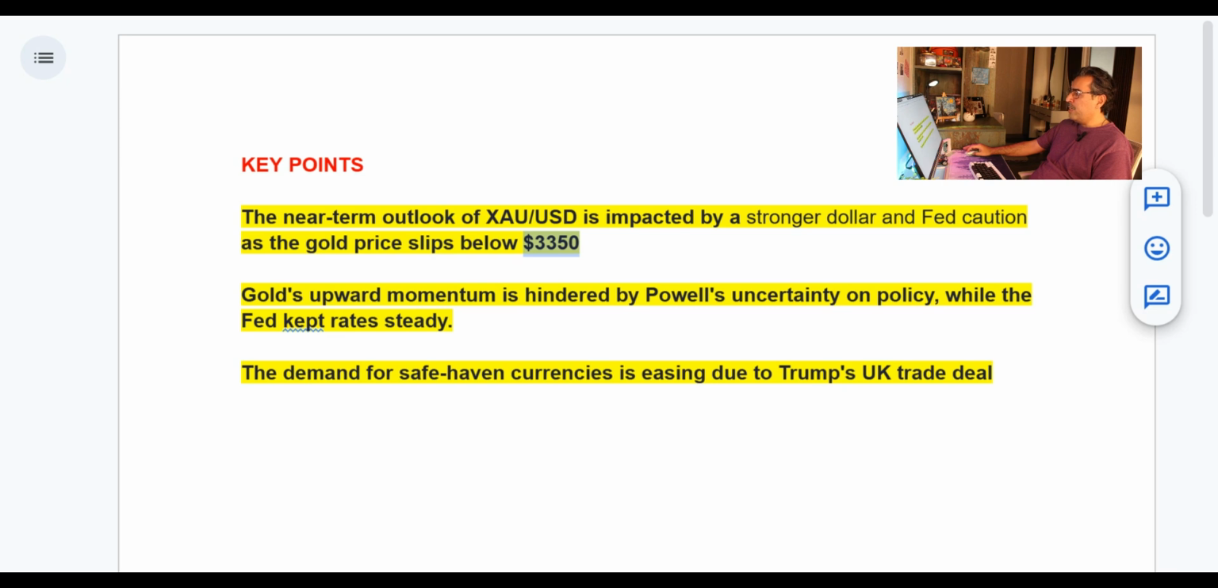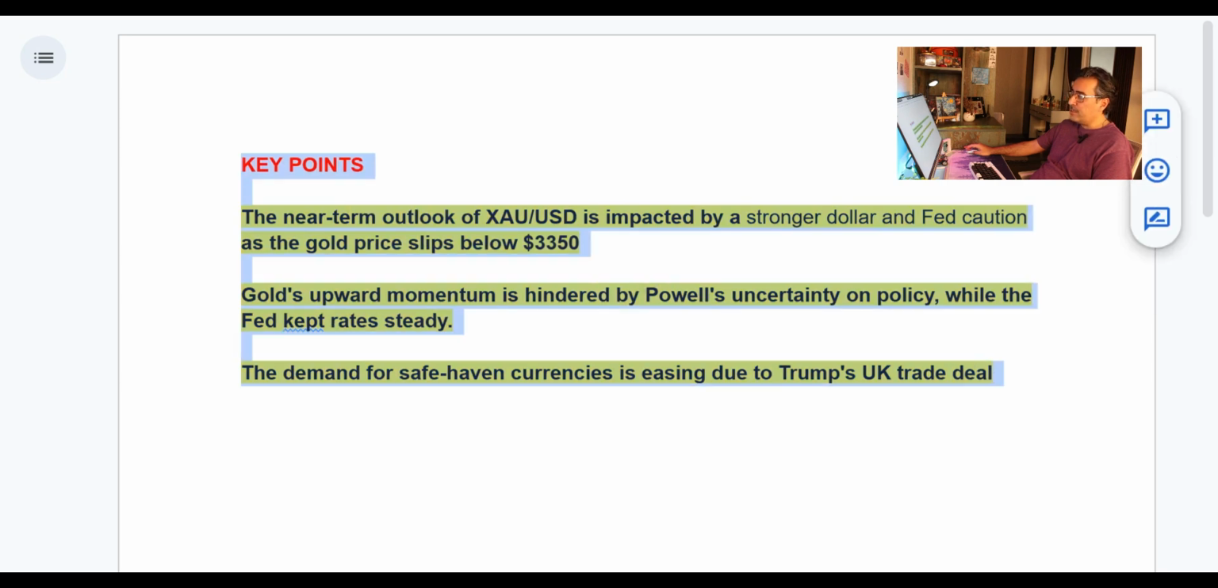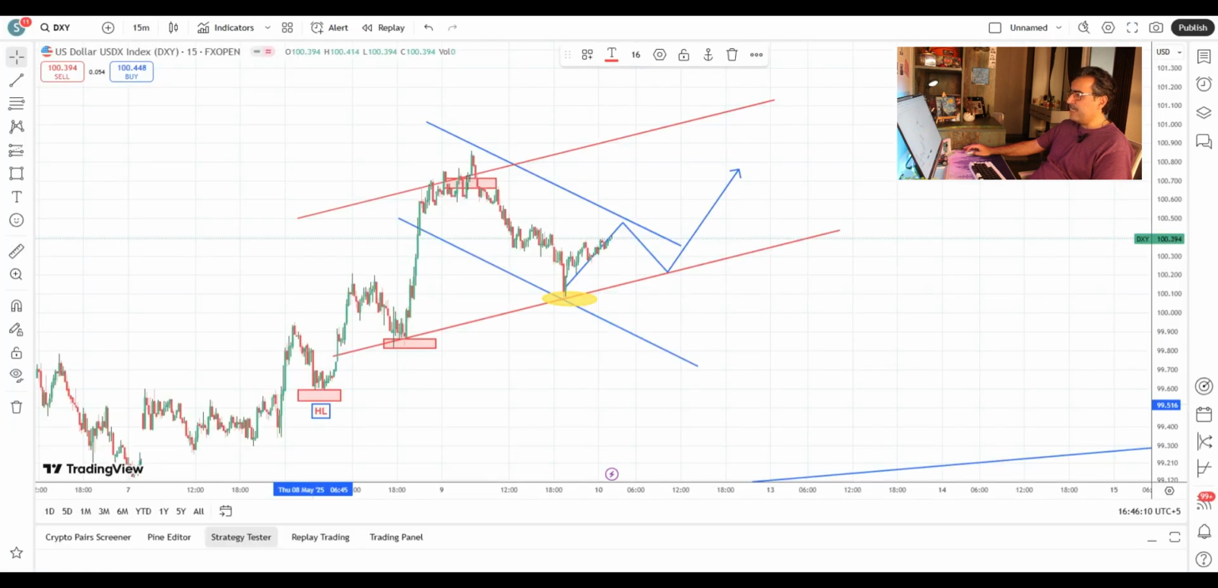Gold's upward movement is hindered by Powell uncertainty on policy while the FED kept rates steady. The demand for safe haven currencies is easing due to Trump's UK trade deal. So as per the key points, the gold market is in a bearish trend as long as it is holding below 33.50 levels. If we see the USD index, higher low, another higher low over here, and then a higher